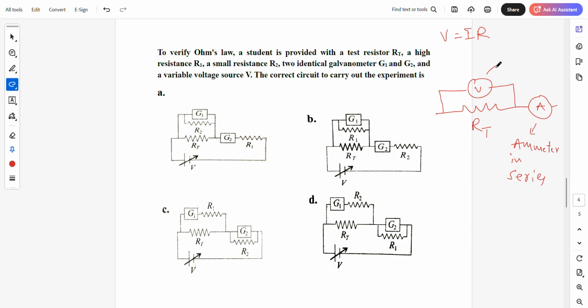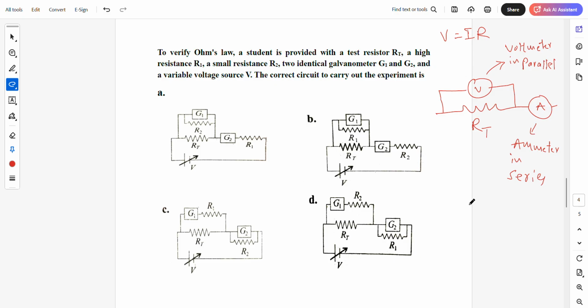Voltmeter in parallel. Now you tell me, in case of a galvanometer,